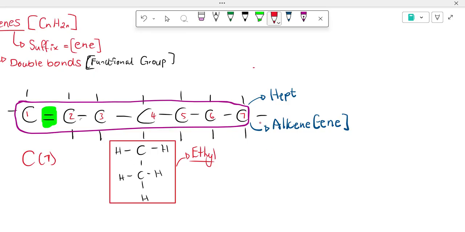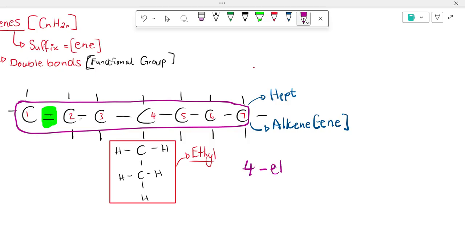But if I come from right to left, I go 1, 2, 3, 4, 5, 6. My double bond is on carbon number 6. Which number is smaller, 6 or 1? 1, right? So I need to take the small number. So the name of this compound will then be